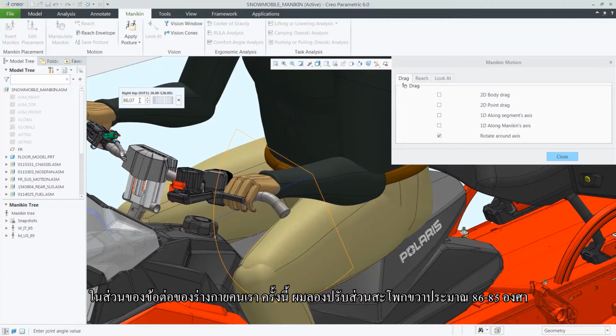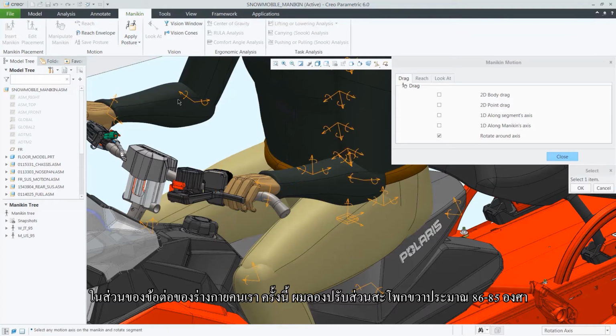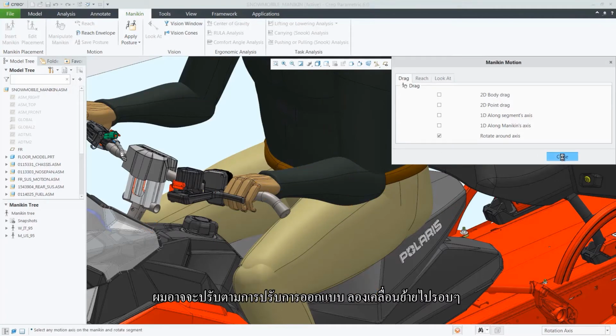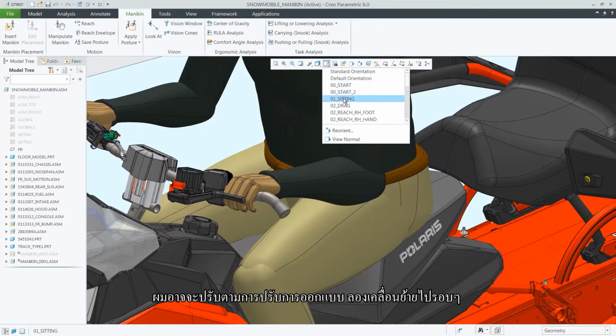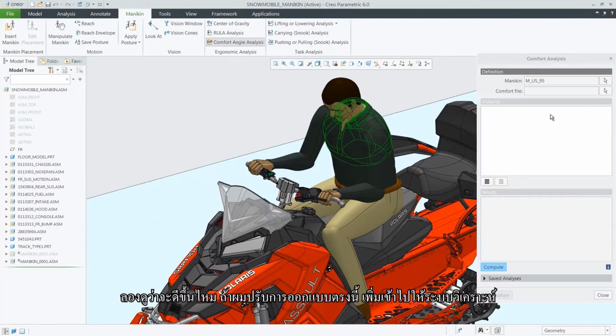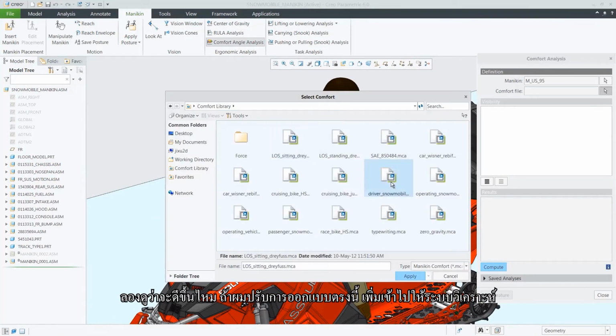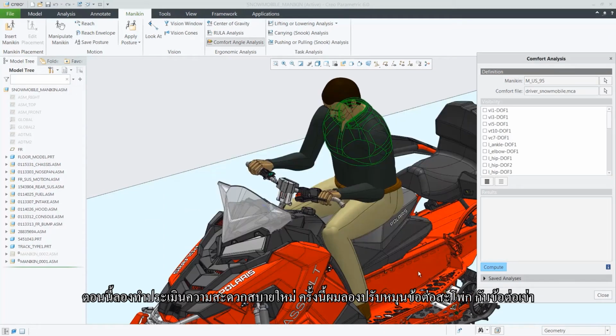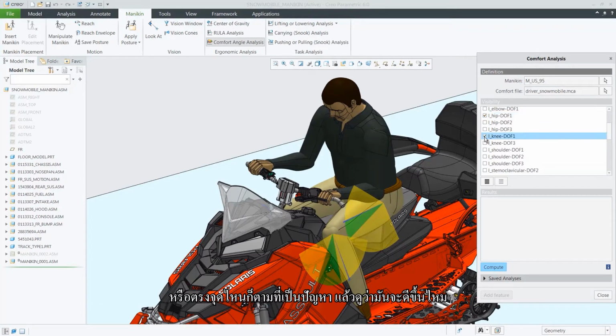In this case, I'm moving the right hip from 86 to 85 degrees, and again, maybe I made that based on a design change, or I'm just simply moving them around, and let's see, is this better? And if so, well, then our design needs to take that into account. So I'll do the comfort analysis again. In this case, I'll just rerun the hip joints and the knee joints, sort of the ones that were the problem spots there,